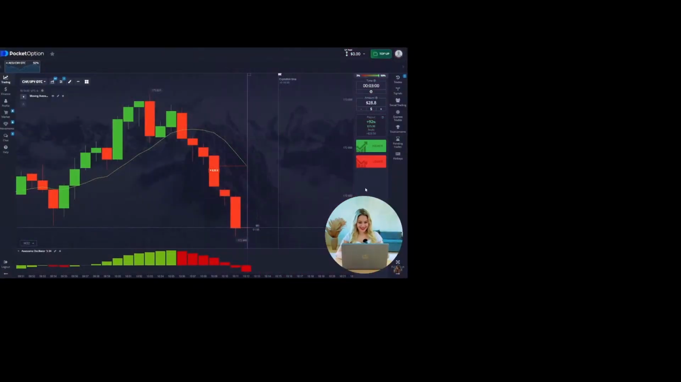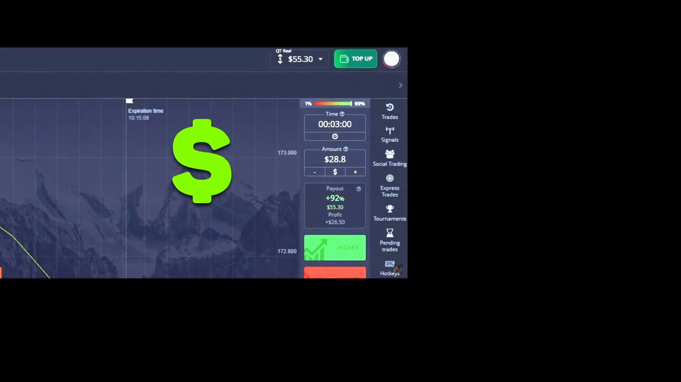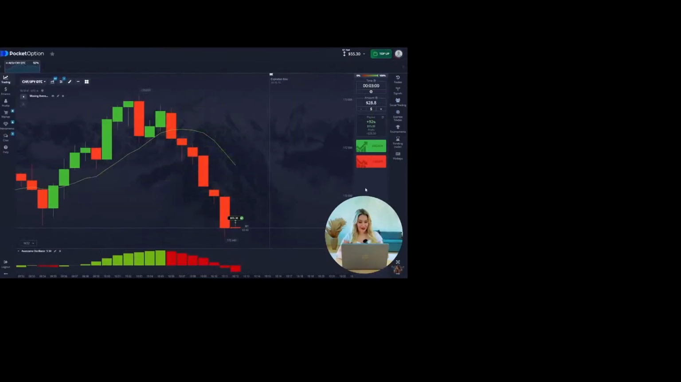And as we can see, our trade went down well. The entry point is quite confident, and naturally, our trade closes in plus $55.30 on our balance. And of course, on the oscillator indicator, our price